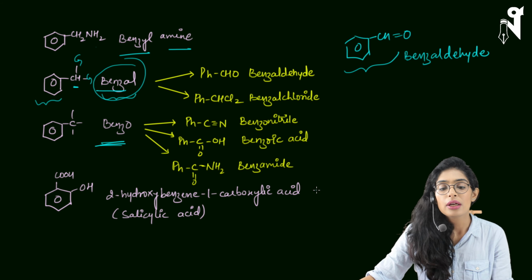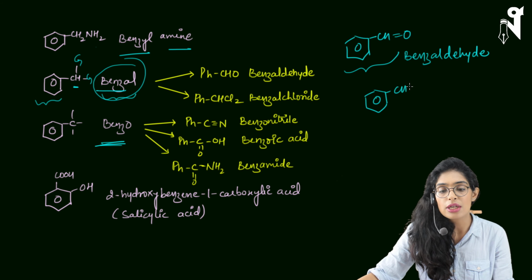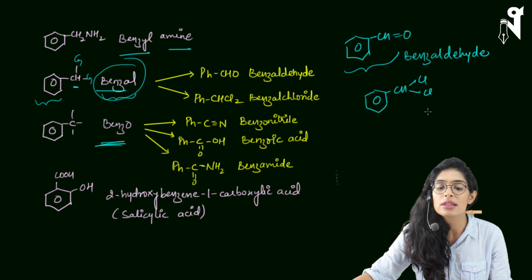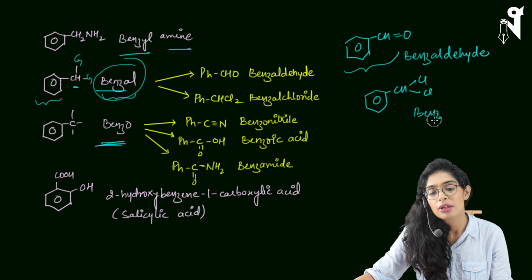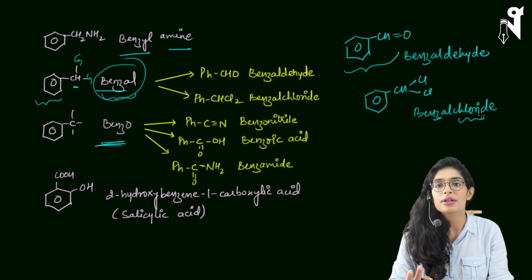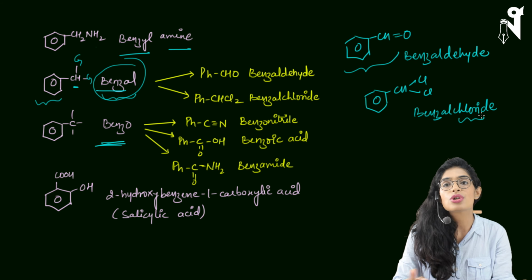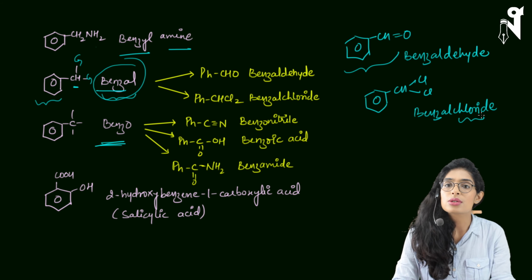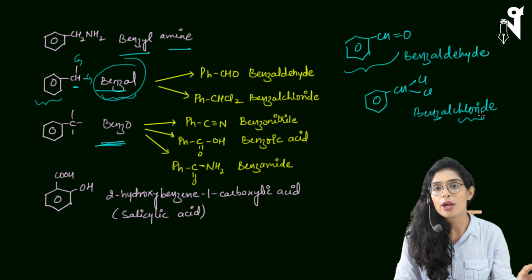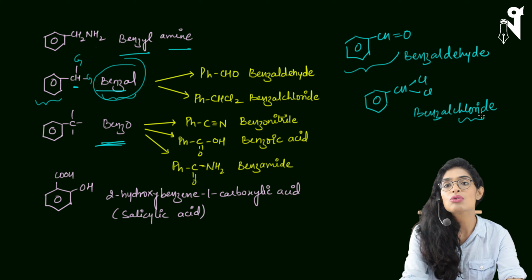Okay, in a similar way, if I have benzene with CH and then it is attached to two chlorines, so it will be CHCl2, it will be called benzal chloride, and it is a common name. In common names you will find chloride written as a suffix, but these are just common names. We cannot use chloride or any such thing as a suffix in the case of IUPAC names. So these are all common names. We don't have IUPAC names for these, and these are the single names for these compounds.